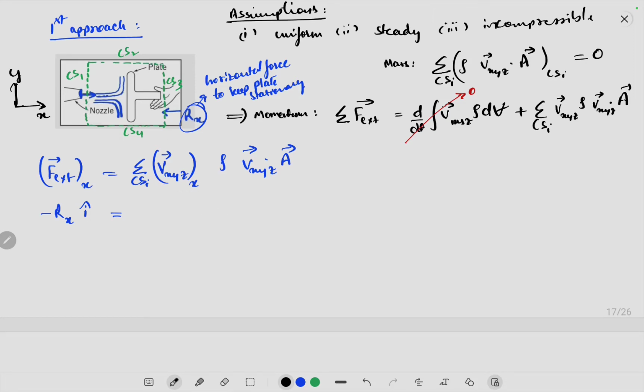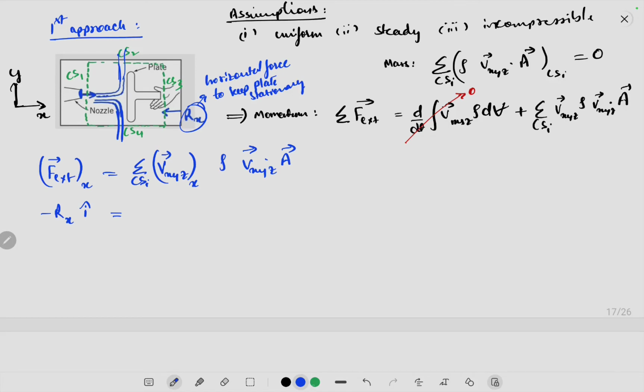So the answer is, on this control surface there is a Vx. On this control surface the flow is like this, okay, and on this control surface the flow is like this, and on this control surface there is no flow. Okay, so the only control surface that has this Vxyz in the x direction non-zero is CS1. Okay, so only CS1 will contribute to this term and others will be 0 when I have taken the x component of this equation. Okay,